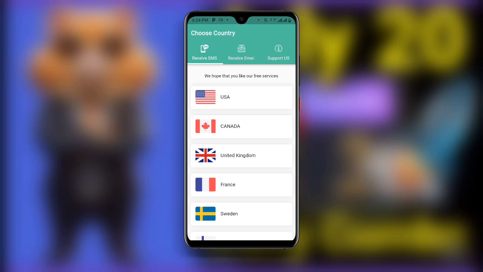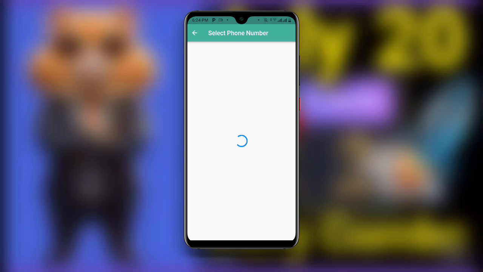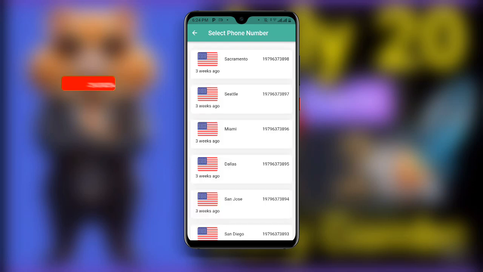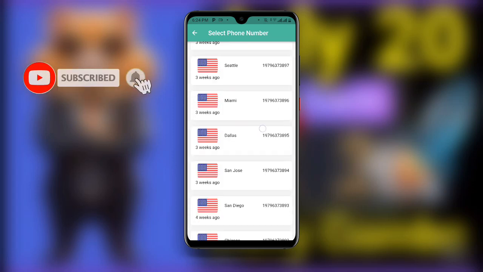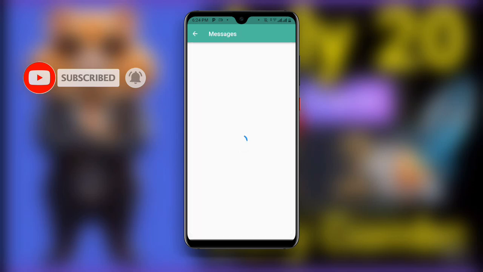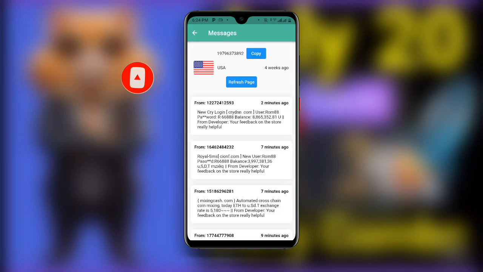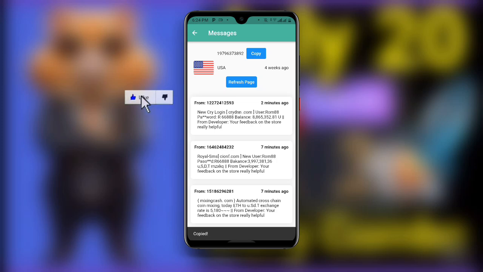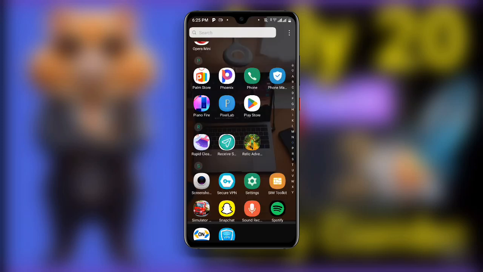You need to make sure it is on Receive SMS. Select your country, because this time around we want to receive SMS. Click on USA and then select the state. Now you can see copy number, so copy this number over here